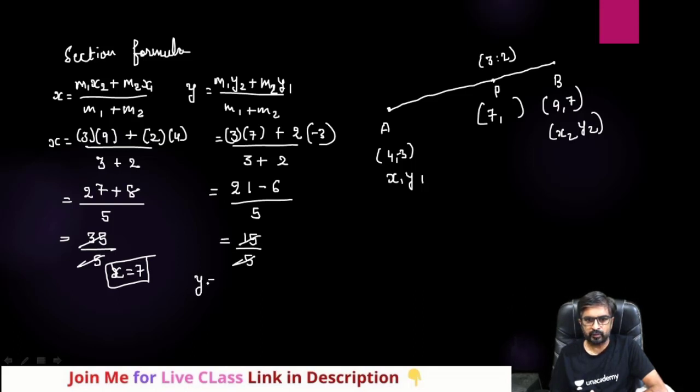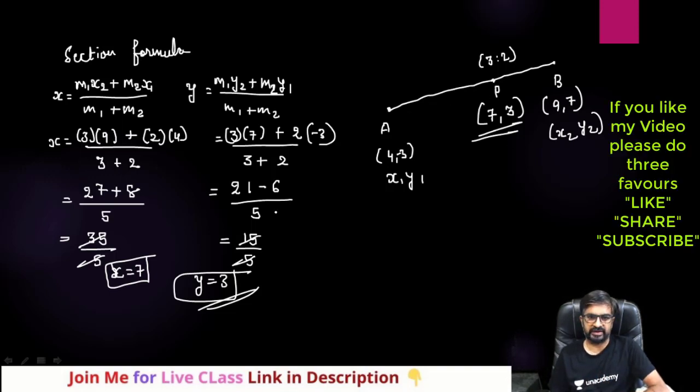Here you will get y equals 3. So directly 3, keep it here. So you can see, guys, with the help of these two coordinates and the ratio, we have found out the coordinate of P. Now, whenever the coordinates are given to you, at that time you can find out the ratio also. Let us go with the next example.